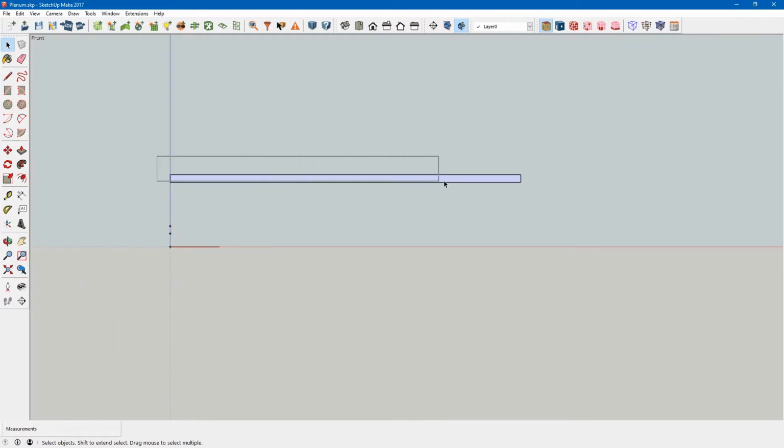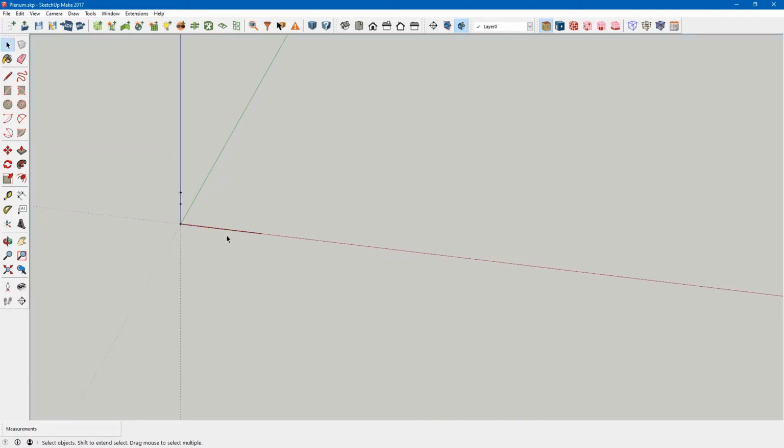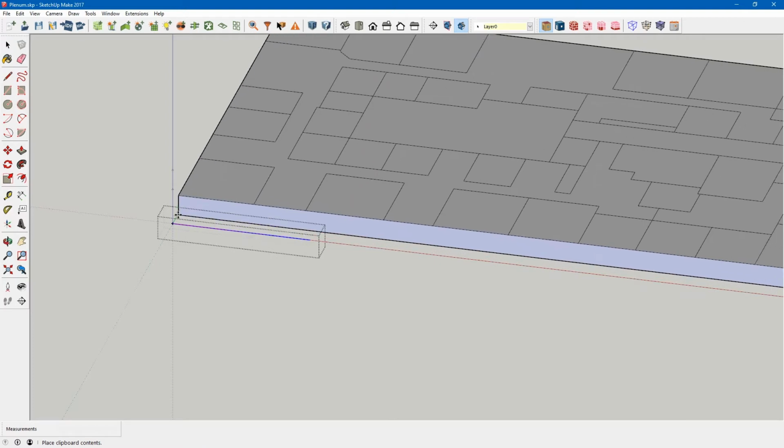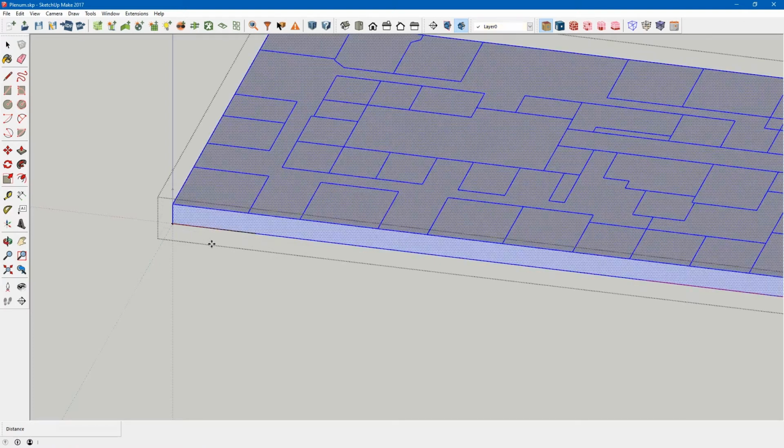And what we want to do is select all of this geometry, cut, and we'll just enter into the space again and paste the geometry in the space.